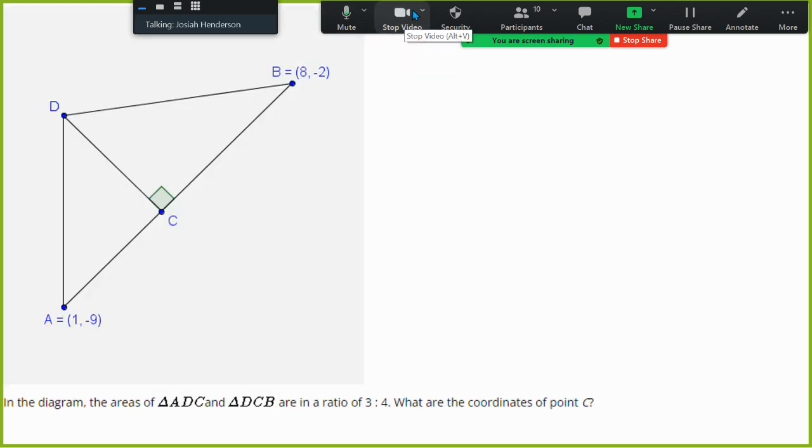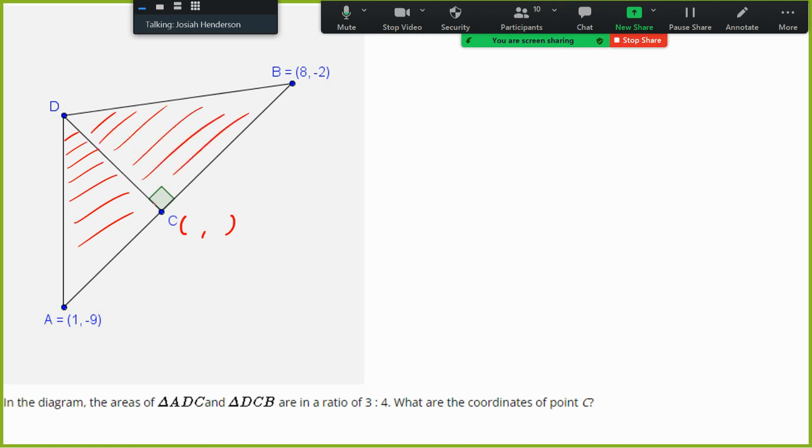Alrighty, in the diagram, the areas of triangle ADC and triangle DCB are in a ratio of 3 to 4. What are the coordinates of point C? So they want to know, what are the x and y coordinates for point C? They're talking about areas, meaning this whole triangle's area and this whole triangle's area are in a 3 to 4